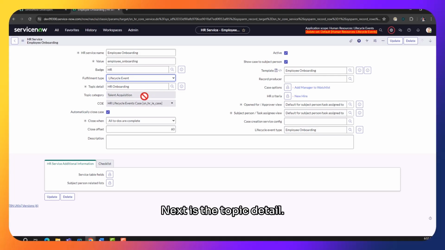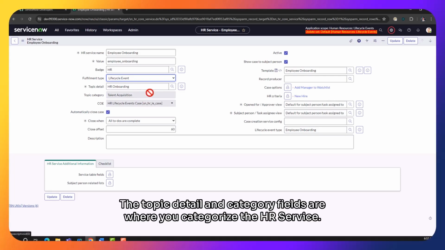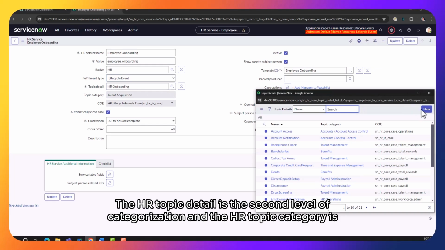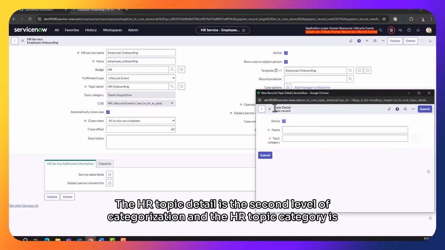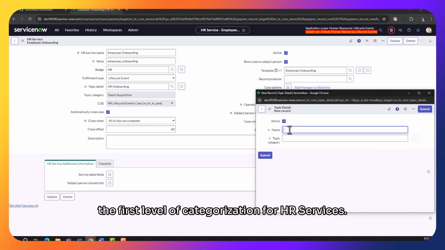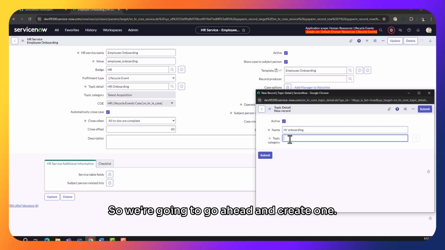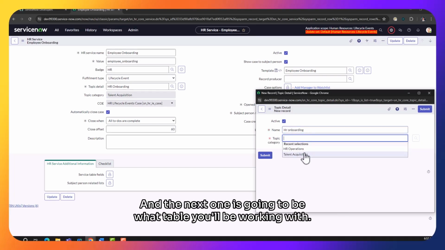Next is the topic detail. The topic detail and category fields are where you categorize the HR service. The HR topic detail is the second level of categorization, and the HR topic category is the first level of categorization for HR services. So we're going to go ahead and create one,